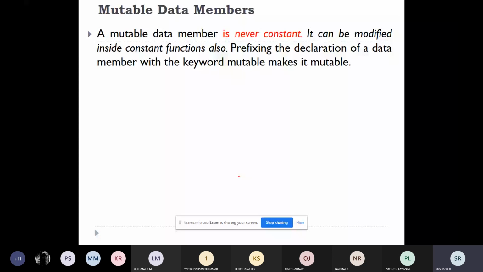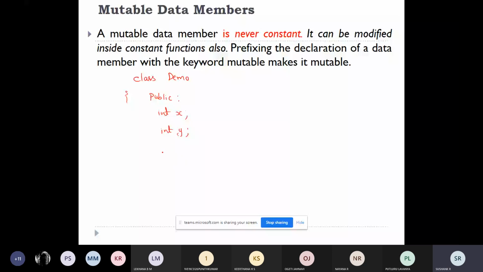So the same example I'll write. I'll write an example class, class demo. For this class, I'll write two public variables, integer x, integer y. Since this is in the public area, no need to write it again.